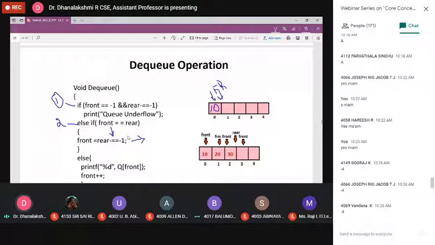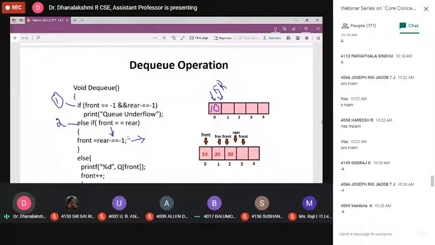Because we are removing the only element in the queue. Removing the element is okay, that is our main process, DQ. What happened after removing? Front and rear equal to -1 is for making the queue empty.